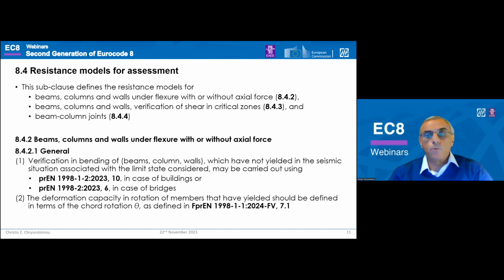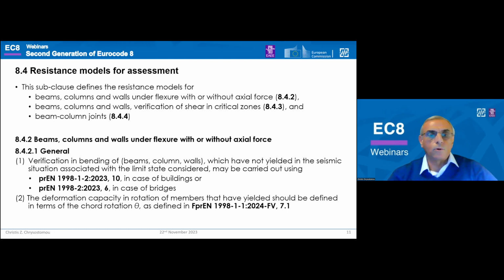Starting with the first one, a paragraph was set in this clause saying that verification in bending for beams, columns, and walls which have not yielded in the seismic situation associated with the limit state considered may be carried out using EC8 Part 1.2, Clause 10 in the case of buildings, or EC8 Part 2, Clause 6 in case of bridges. And this is sort of a simplification that was required so as not to do all the verifications